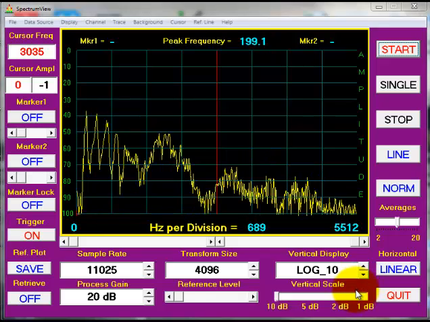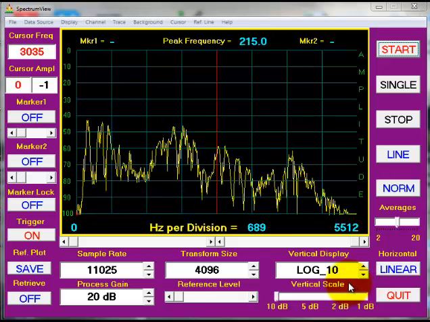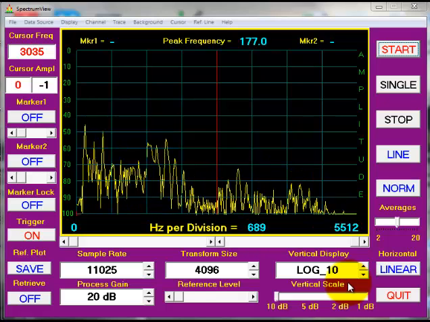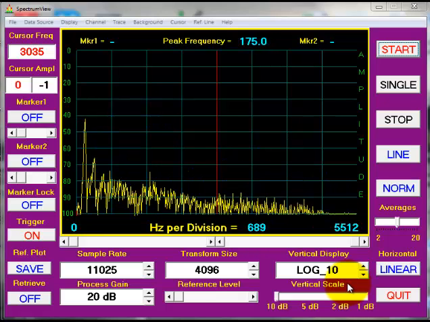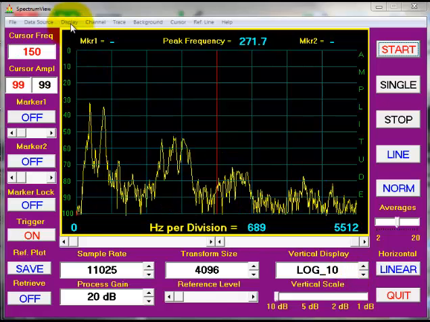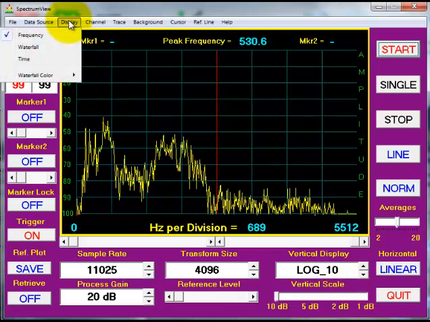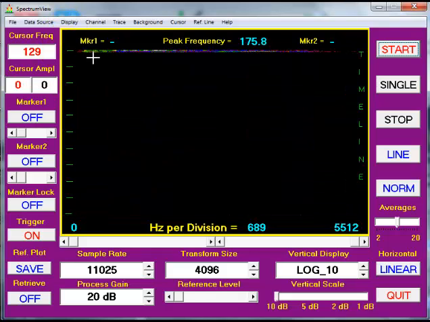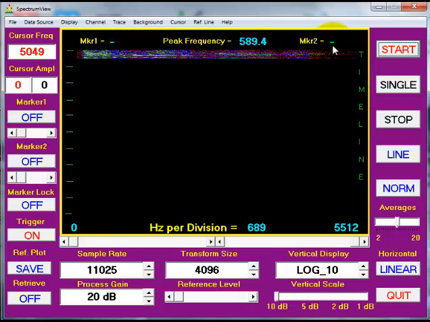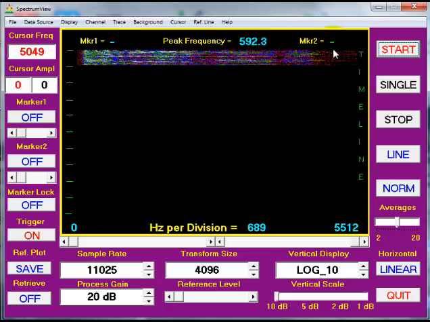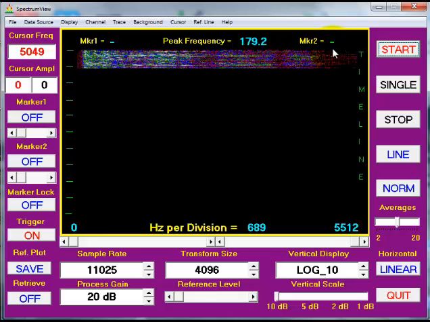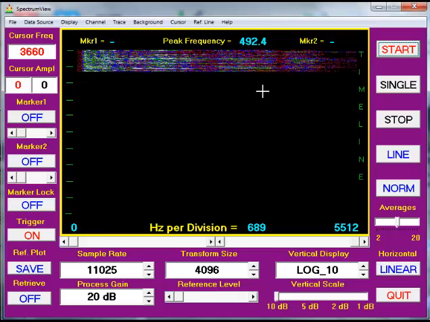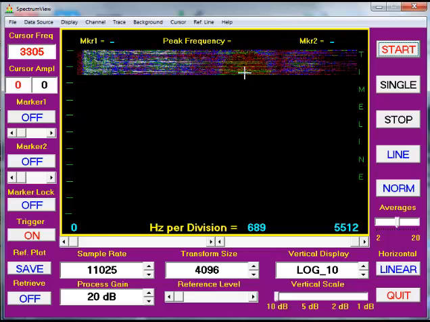You may end up having an experiment where you are very interested in watching the time sequence of your frequency display. This is where you can go up to display, and change from frequency to what's called waterfall. Now what you'll see is that you end up getting this time sequence that starts up at the top and it scrolls down. Right now it just kind of looks like a bunch of crazy dots on the screen, but if I go ahead and start playing our instrument here, the penny whistle,